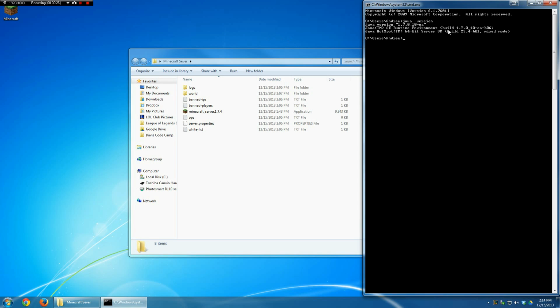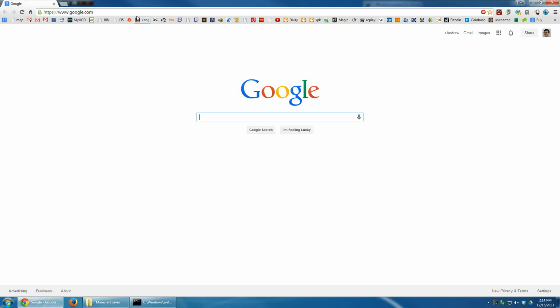And this tells me that I'm on build 1.7. So for Minecraft version 1.7.4, we need to be on Java version 1.7 or 1.6. So if I'm on build 1.5, this will not work. So if you have version 1.5, you need to navigate to your browser and then go to